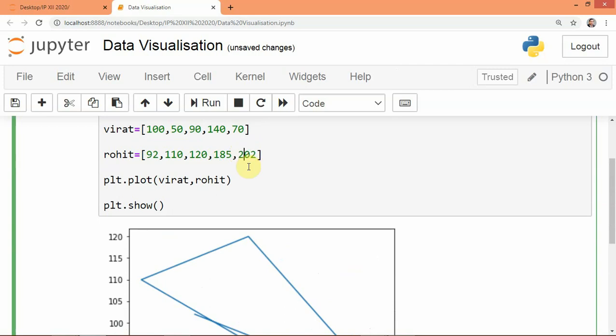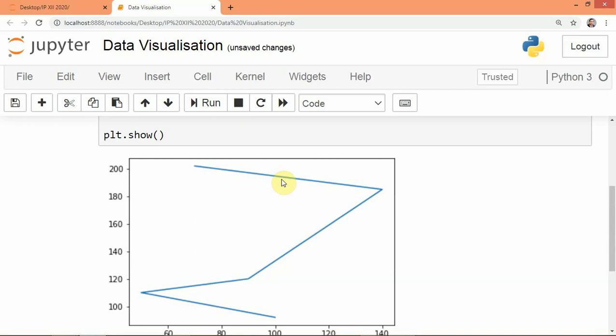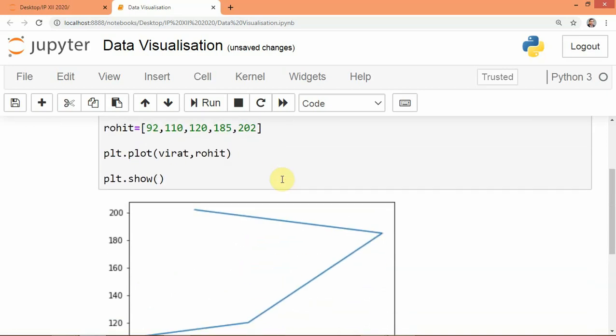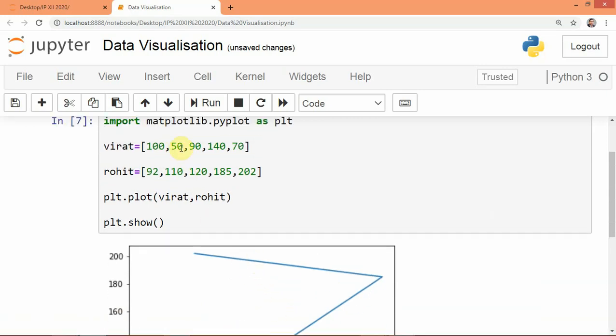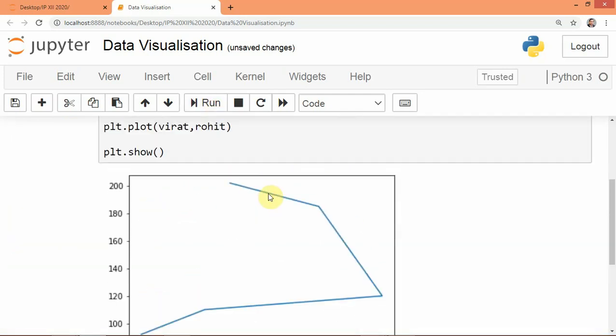I'll take it in ascending order, so it will give some meaningful data. Okay, so here it is not giving clear information because of the line graph. So if we see this one in another graph, then it will be more clear.